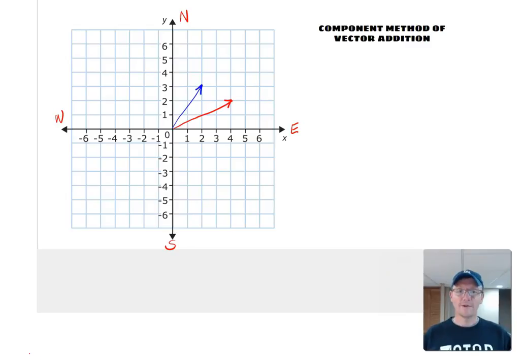Hi everybody. Today I'm going to talk to you about my favorite method for vector addition, and that's the component method. It does assume that you have a pretty good grasp on right triangle geometry. So I'm going to assume that you understand the Pythagorean theorem, the sine function, the cosine function, and the tangent function. If any of those are either unfamiliar to you or if they are just kind of a hazy memory,